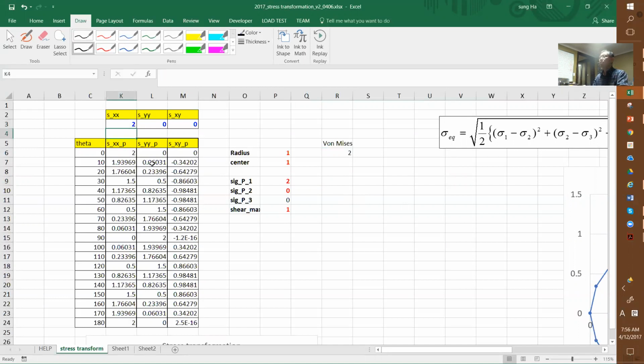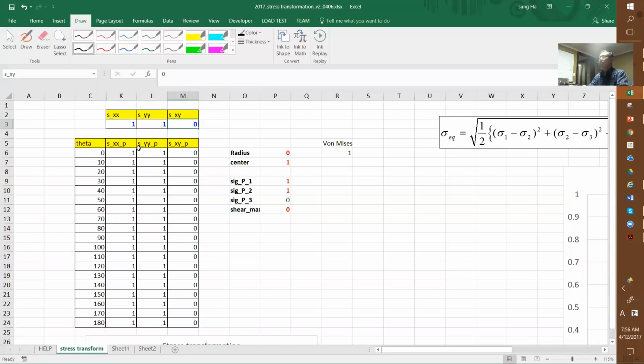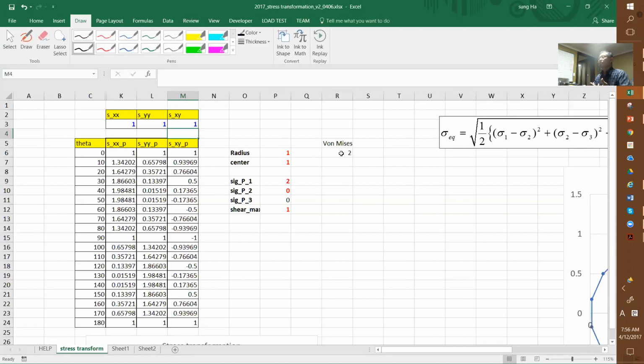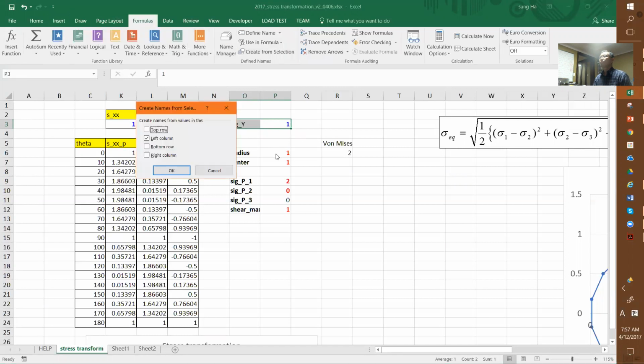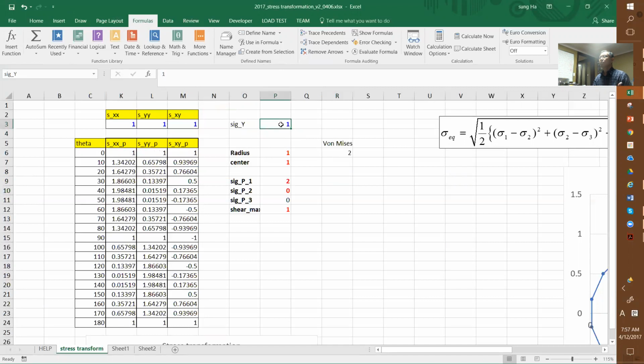Say it is a 2, of course it's a 2, but the main point is what if we have a 1 and 1? It's the same, 1. But what if we have a 1, 1, 1? It's a 2. See, this one we cannot easily guess, but this number represents these three stress states, and this should be less than the yield strength. I would call it sigma yield, as whatever, say just 1. It can be an arbitrary number. And as you can see here, if it is 1, then the von Mises stress will cause